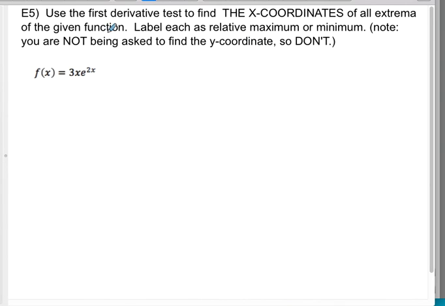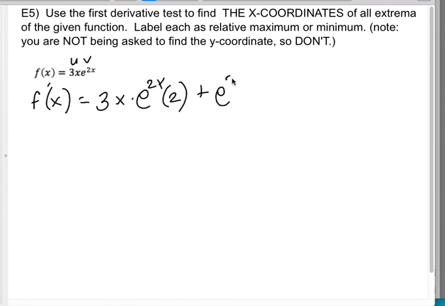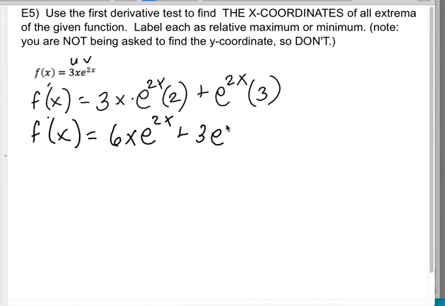All right, let's go ahead and do this again. We're doing E5. We are only finding the x coordinates. So again, I am going to have to use the first derivative. So this is a product rule, right? U, and there's my v. So u dv is going to be e to the stuff times the derivative of the stuff because of the chain rule, plus v, which is e to the 2x, du is a 3. So my f prime of x is going to be a 6x e to the 2x plus 3 e to the 2x. I'm going to go ahead and factor out a GCF of 3e to the 2x